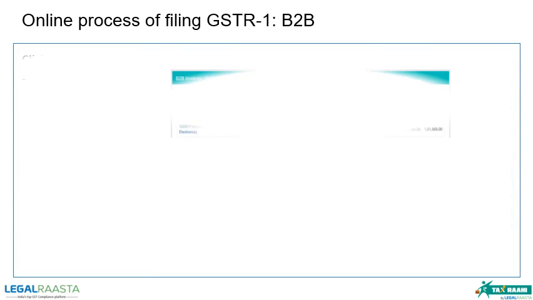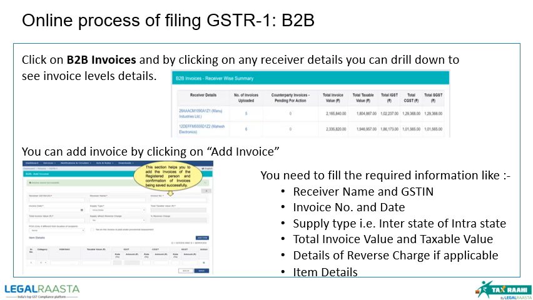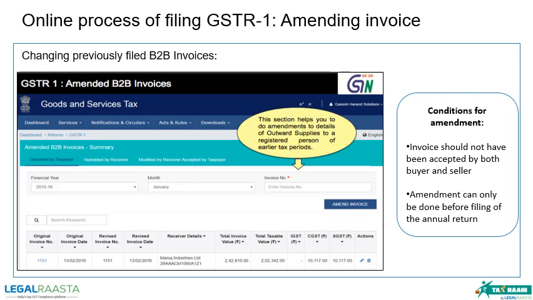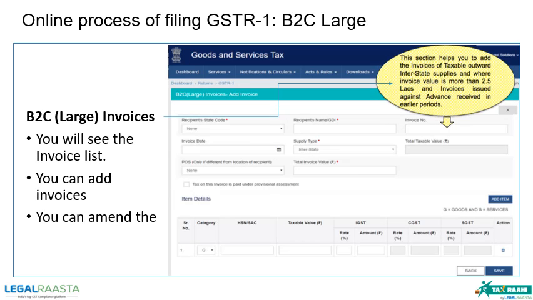By clicking on B2B invoices, you can see the receiver's invoice details, and you can even add invoices by clicking on Add Invoice. There you just have to fill in the required information like receiver name, GSTIN, invoice number and date, etc. By clicking on Amended B2B invoices, you can do amendments to details of outward supplies. By clicking on B2C large invoices, you will be able to see the invoice list and even add or amend